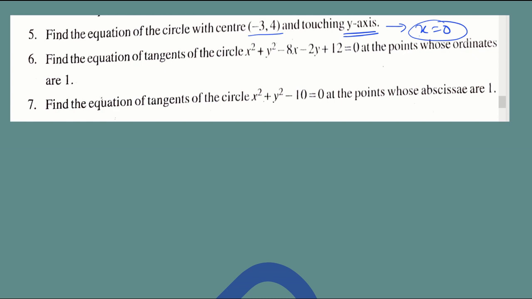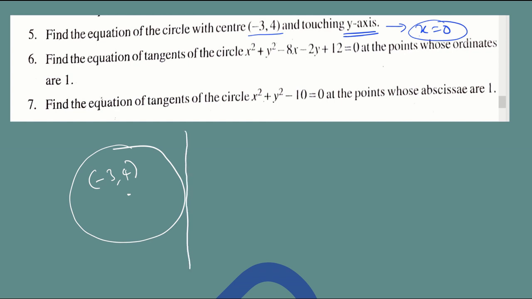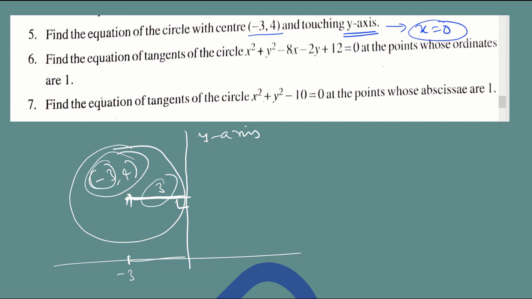Another way of doing things is, you see, I have a circle here having center as minus 3 comma 4. Now I have a tangent here, it is nothing but the y-axis. Therefore you can see that this distance is nothing but 3 units. Suppose I have the x-axis here, then you can see that this is minus 3. This distance is nothing but 3 units. So I got the radius directly. The center is there, the radius is there, you can write the equation of the circle.